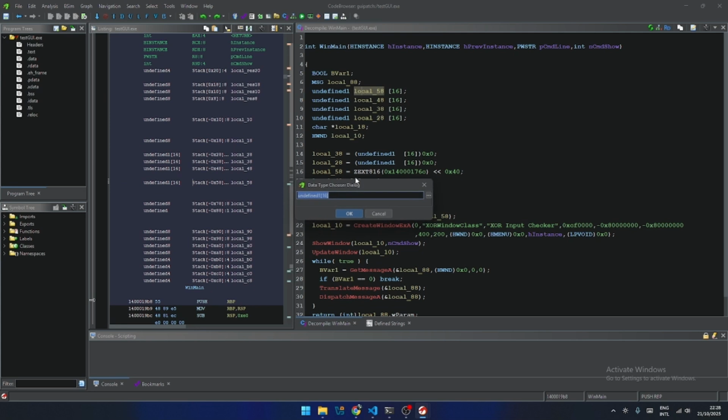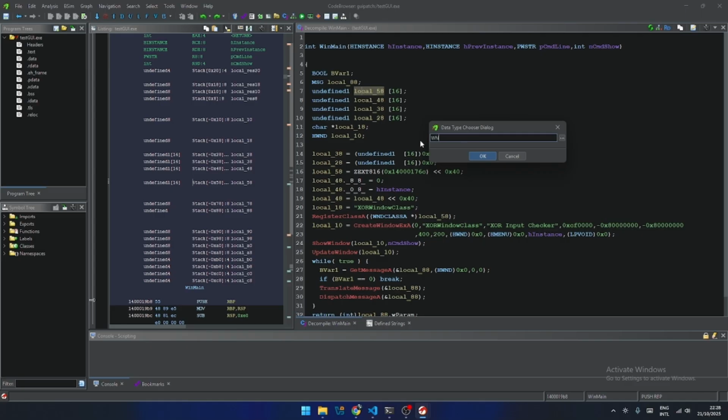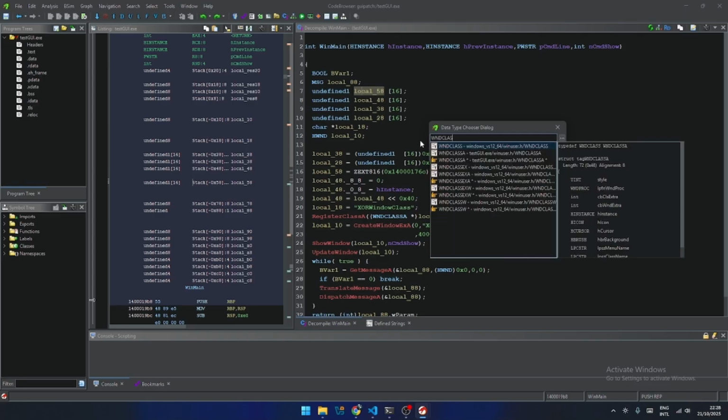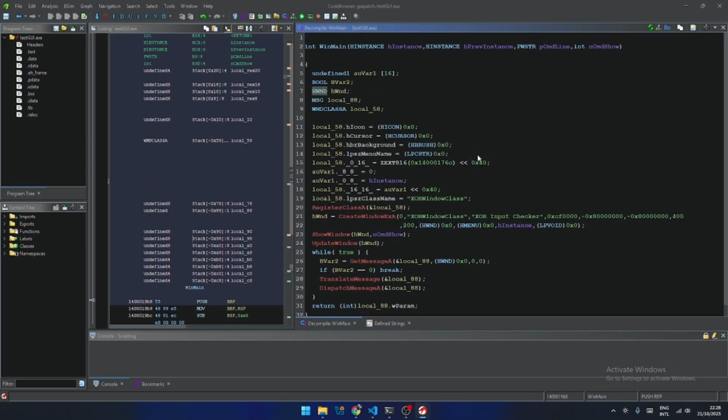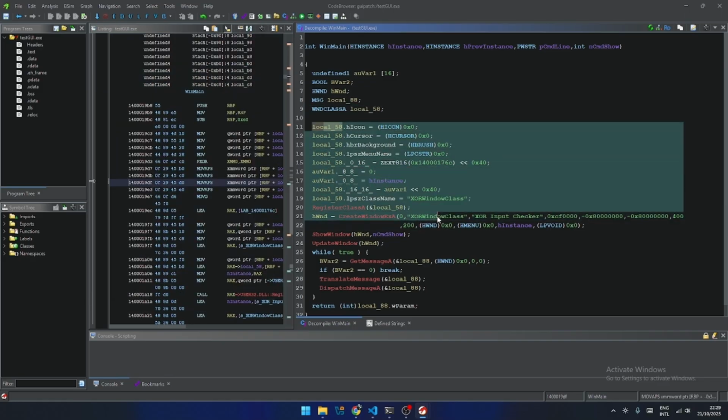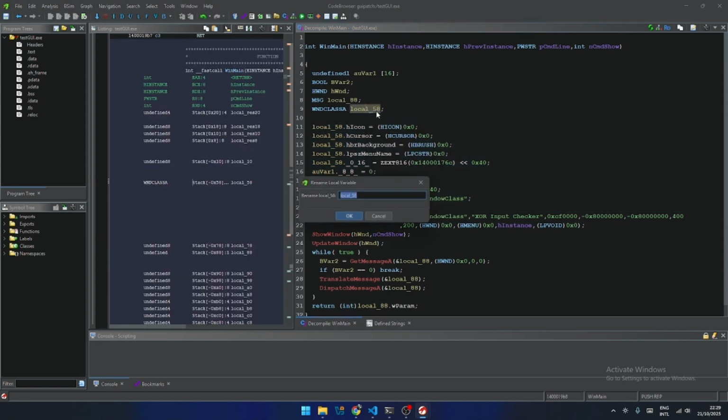Right click, retype, WNDCLASSA. I press this one. This is a pointer, but we need this one, and press OK. Okay, guys. After we press OK, we can see this whole function's separate variables were merged into one variable and the decompiler layout changed. I'm renaming this variable to WNDCLASS